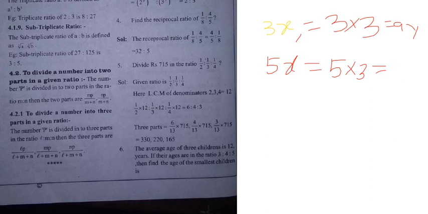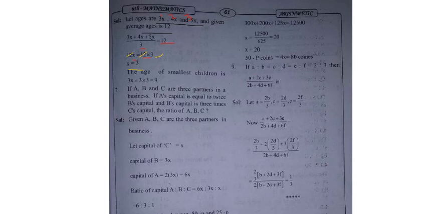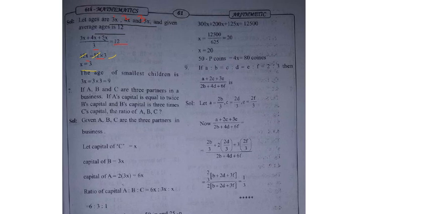Here nothing is given. The point I took here is they have given only the ratio of the ages, but they have not given the ages. So I assumed 3x is to 4x is to 5x as their ages. We assumed so that it will be easy. For every problem this will come commonly. Remember, you should assume their ages in terms of x. Okay. Next one, we shall move to the next problem.